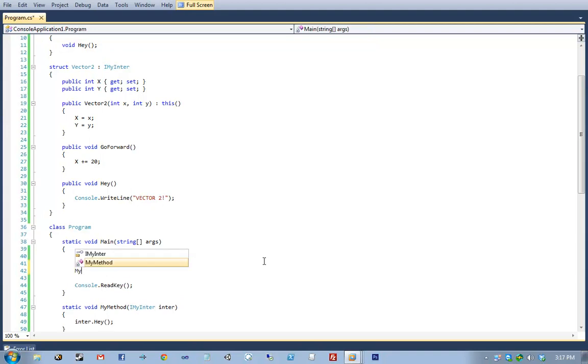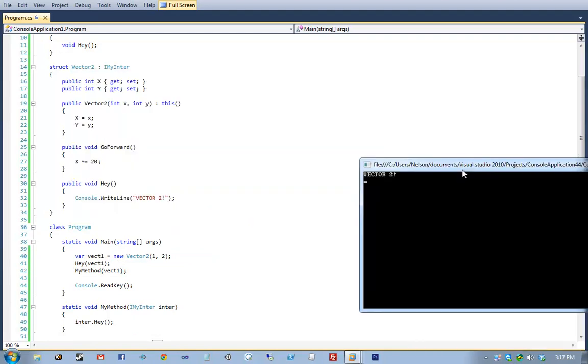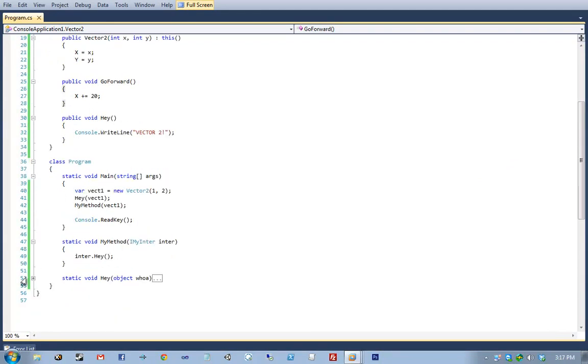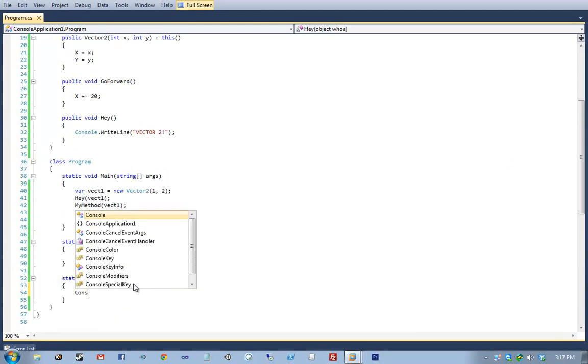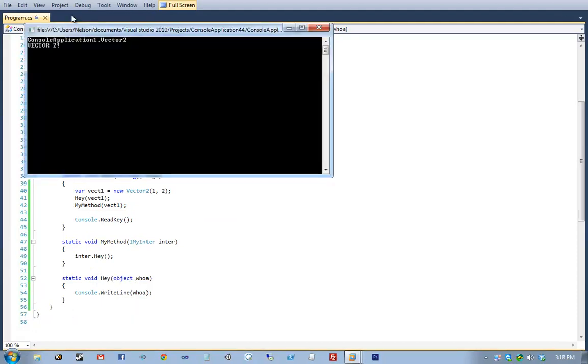Meaning, I can invoke my method and pass in a vect1, and if I run this code, I get the correct output. So what happens if you print whoa and hey? Well, if I print whoa and hey, I get a ConsoleApplication1.Vector2, as in the default implementation of the ToString method.